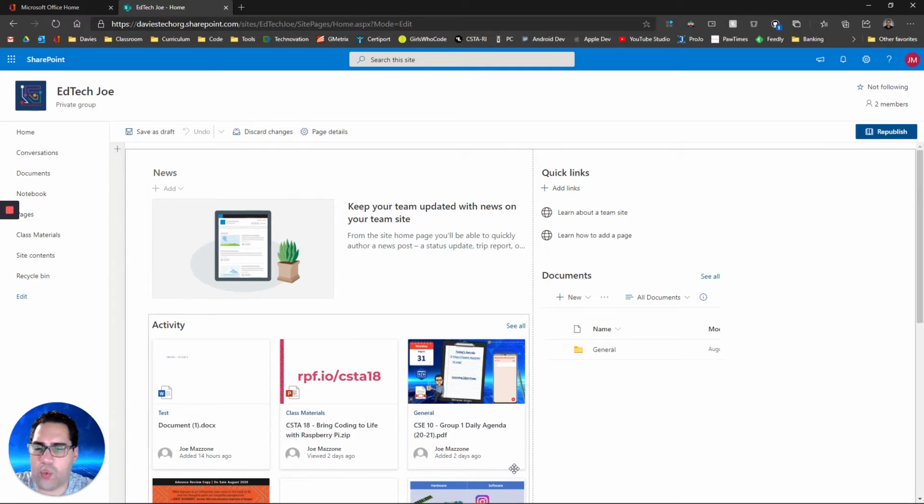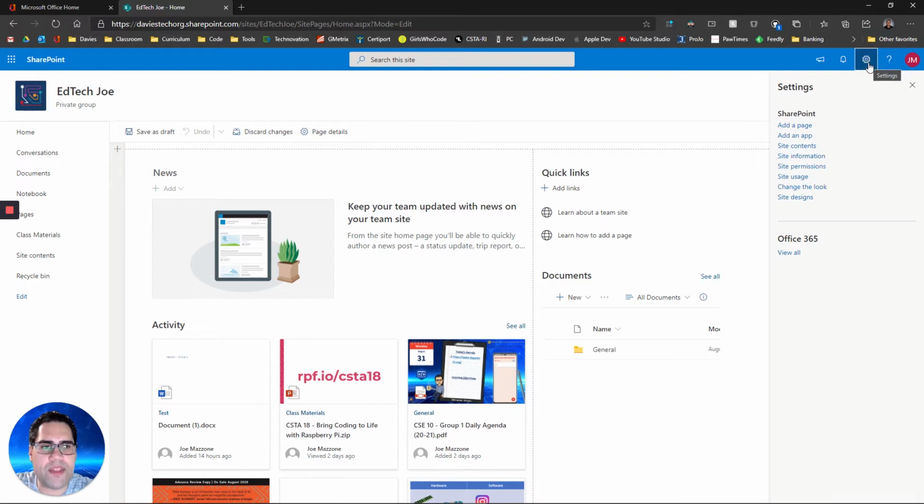So it doesn't have to be just a white page. You can theme this. So click on this little gear, and there are some additional settings here. Adding additional pages, the permissions, which I'm going to go over in a minute. But first, what I want to go to is